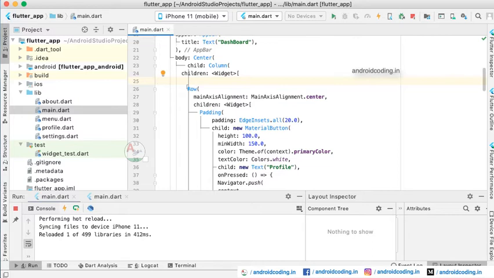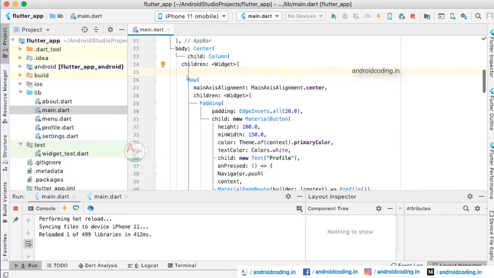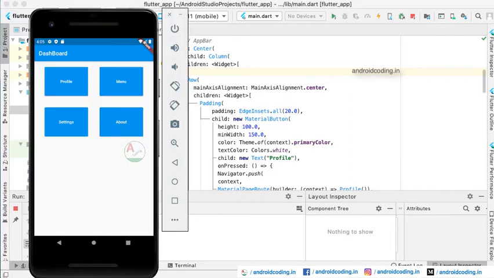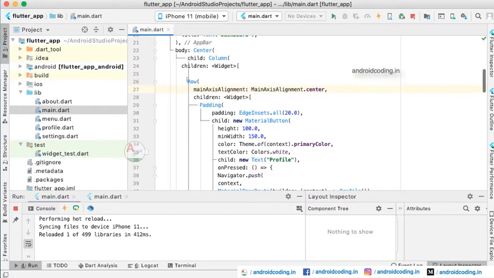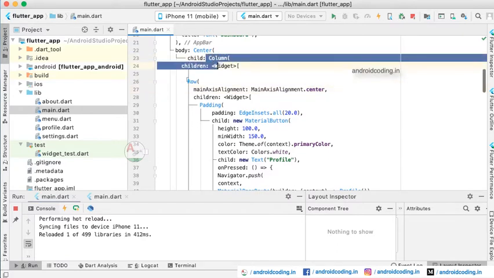I think you may know what a row is and what a column is. Why children? Because we want to take multiple buttons inside it. If you want a single button, you need not specify children or column here. You can directly specify your material button in the child.